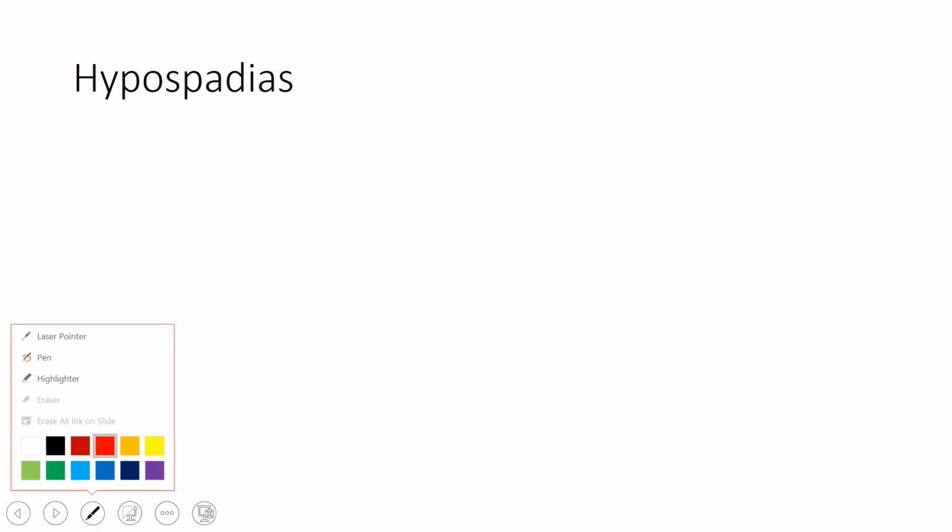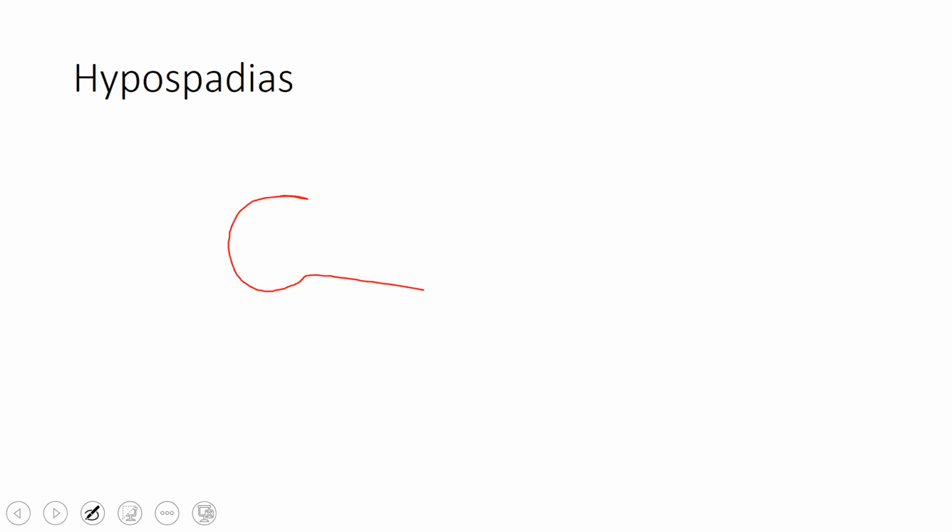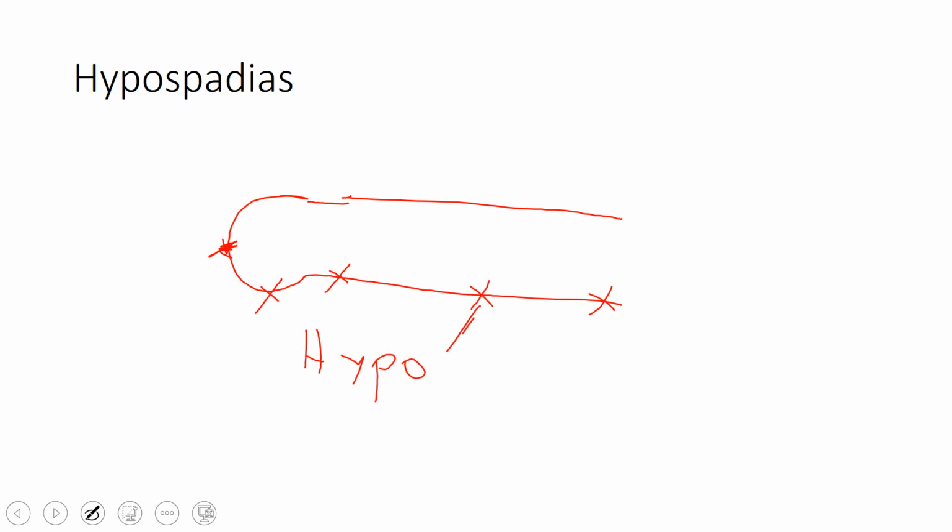Alright, this is a lecture on male genital system pathology. Starting off here, we're going to be talking about hypospadias. The way you can think of it is, here's a penis, and normally you've got the hole right here on the end, and that's good. Sometimes though, if you have hypospadias, the hole is down here somewhere, in various locations. Hypo, you think low, and spadias is the hole, so the pee comes out here,